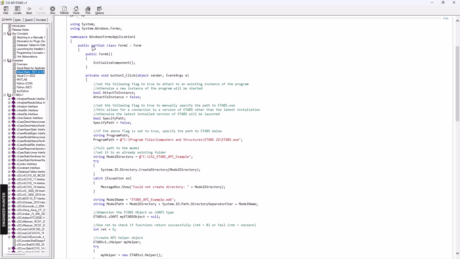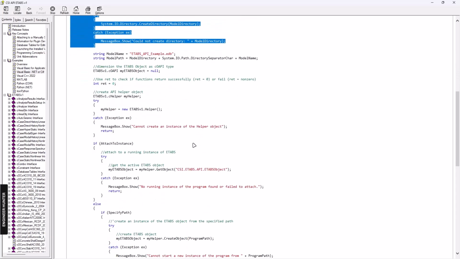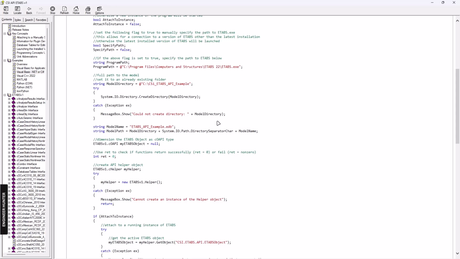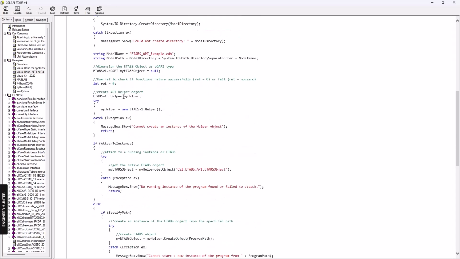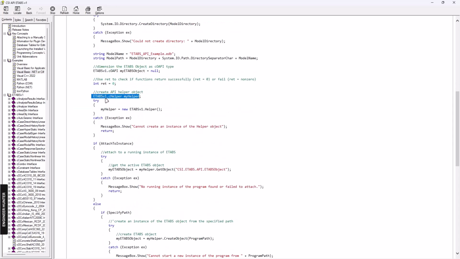This is for C#, and you can read this part here, but in my case we will not create a new model. We only synchronize the existing load pattern from the existing model. So we only need to create the ETABS object and use a helper,